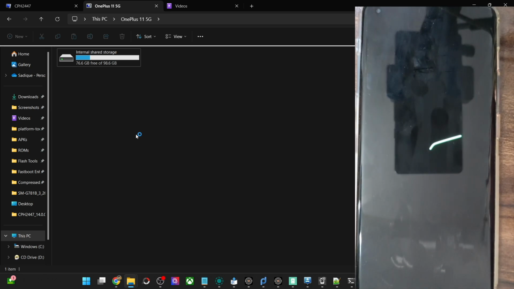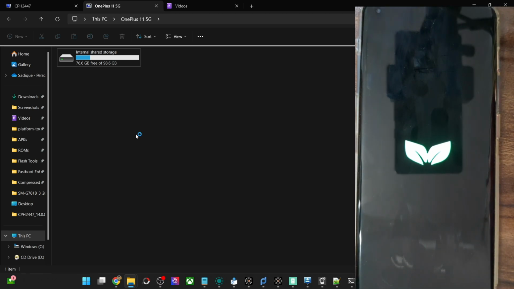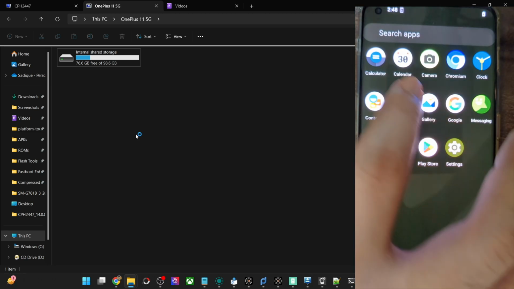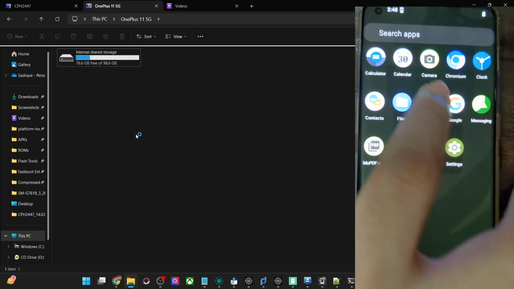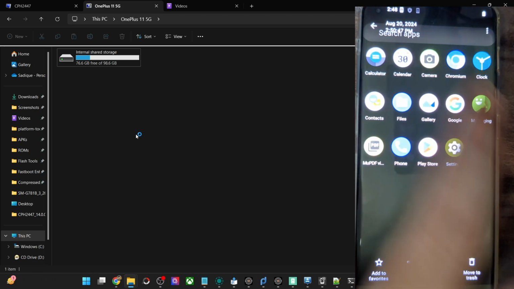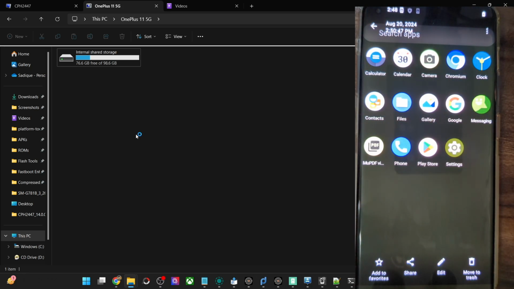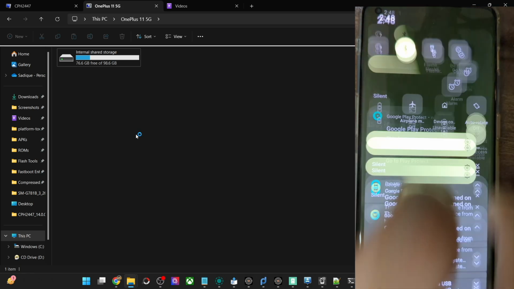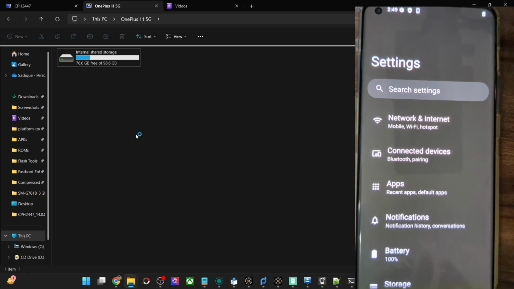And in this similar manner, you may flash any GSI ROM of your choice. The app supports all the ROMs. And if I go to the Files app, or rather the Gallery app, you could see I only have this screenshot and those two screenshots are missing from there. So guys, this was all from this guide. Let me now show you how to remove or uninstall this.